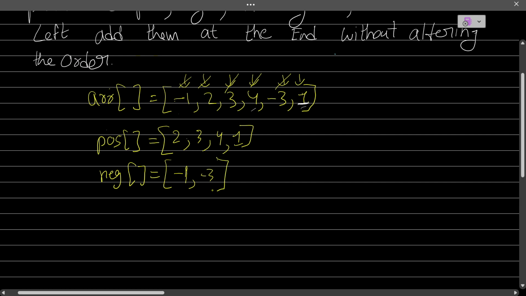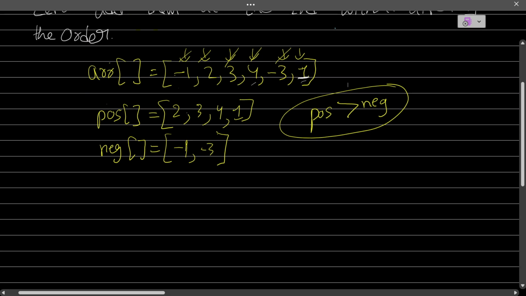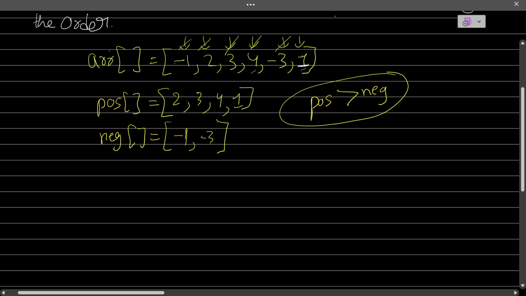So this is how we have got all of the positives and negatives. Here, positives are greater than the negatives, so we need to use this case. We have two cases: positive is greater than negative, and negative is greater than positive. But here in this case, positives are greater than negatives, right? Okay, we are going to use this case. For that, we'll code this thing. I say for i equals 0, i will be